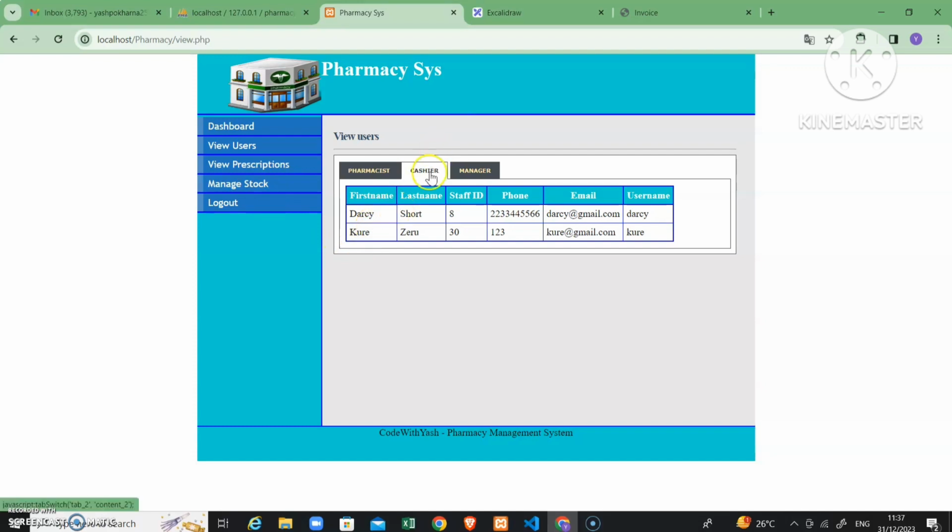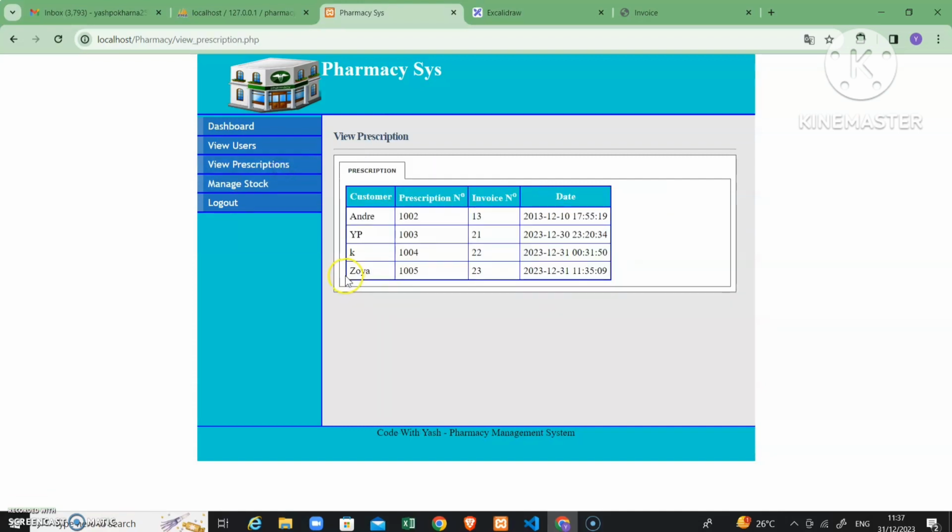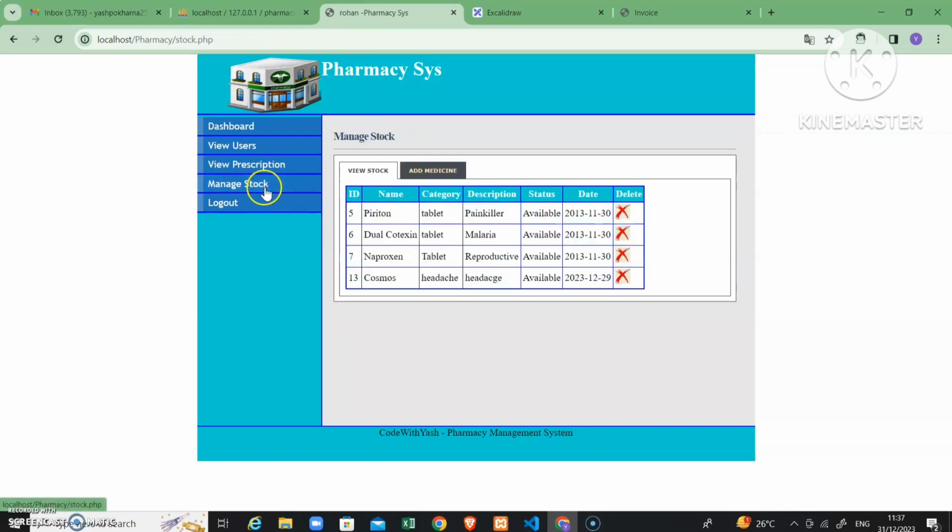As we can see, we added a new user in the cashier. In view prescription, you can see all the prescriptions that are generated by the pharmacist. This is the recent prescription we have generated. Invoice number is 23. In manage stock, he can add medicine, or he can also view stock.